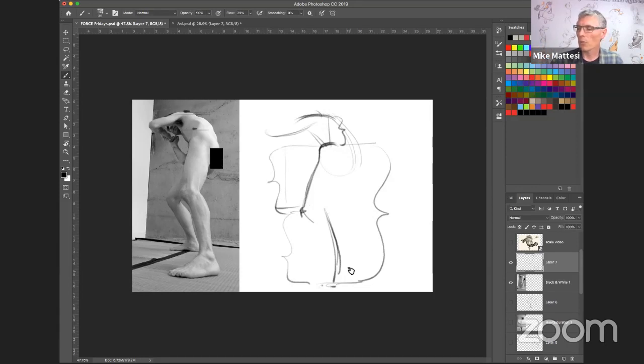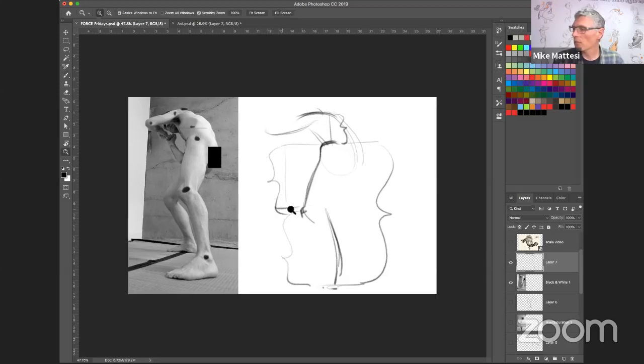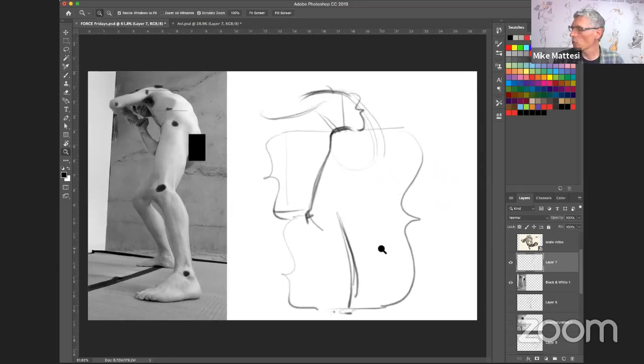I'll close with this: when it comes to these measuring moments, I usually use joints. So it might be the top of the shoulder to the pelvis, usually the pelvis to the knee to the ankle. With the arms, I'll go from the shoulder to the elbow to the wrist. Those are all the moments that give us the most foreshortening, and I'm constantly aware of those distances, okay? All right, any questions on this before I move on to our next trick?